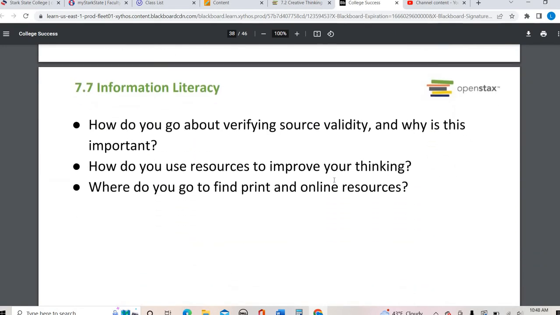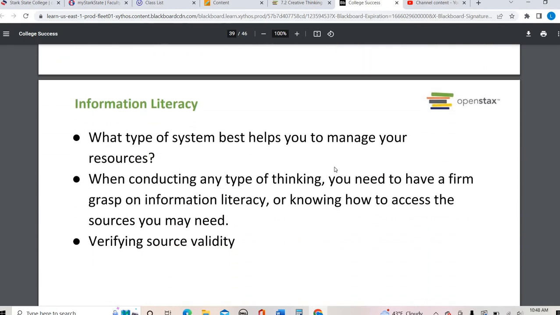And then finally, information literacy. This goes back to determining the difference between fact and opinion. So how can you verify sources? If you are on your own looking up research information, how can you verify sources? How can you see whether this is a reliable, credible source? What's the purpose of this source? Where did you retrieve the source?